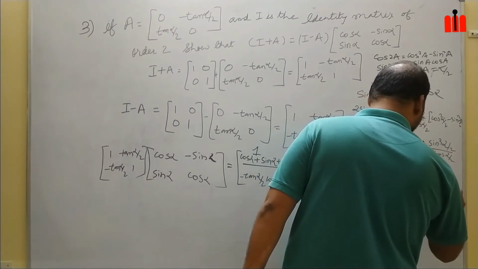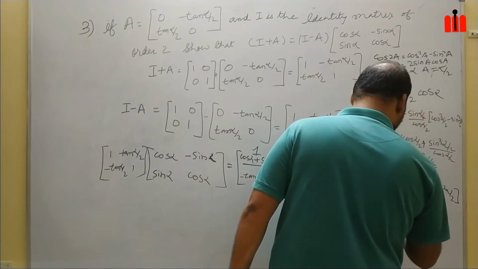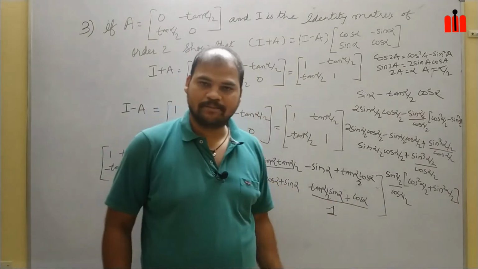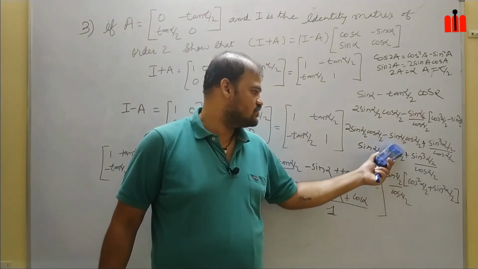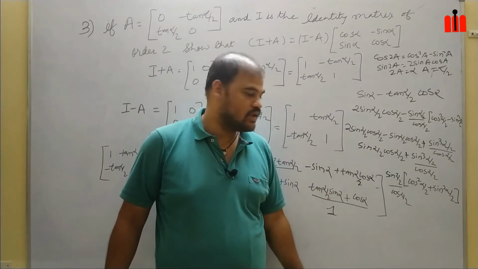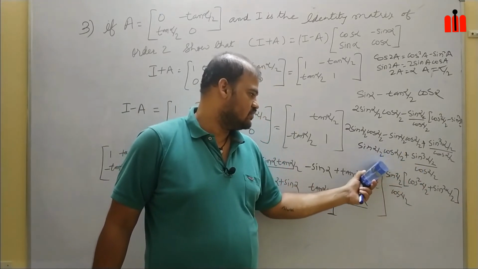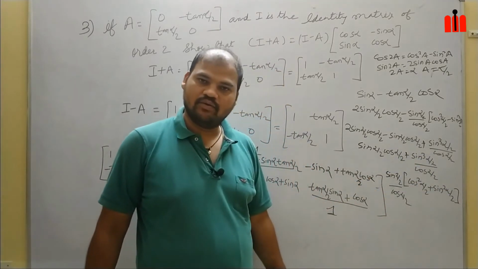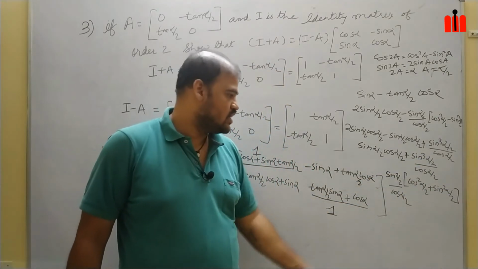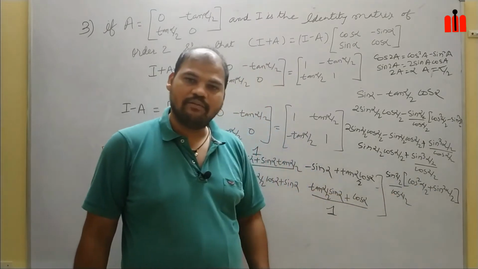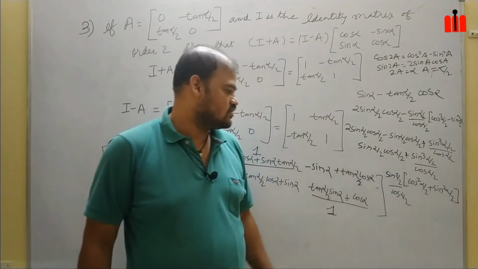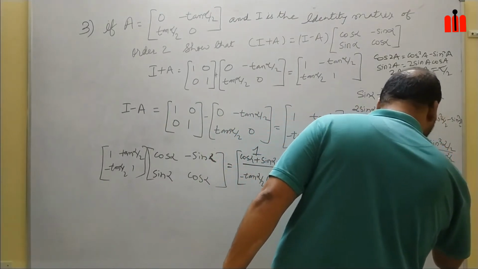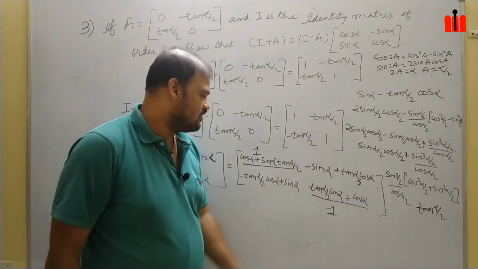So our final expression will be like this: cos alpha by 2 as LCM, so it will become cos square alpha by 2, and sin alpha by 2 is common, so first term sin alpha by 2 is common, and from here cube it will become square, as we had taken sin alpha by 2 out. So sin square alpha by 2 plus cos square alpha by 2 is 1, and sin alpha by 2 by cos alpha by 2 is tan alpha by 2.